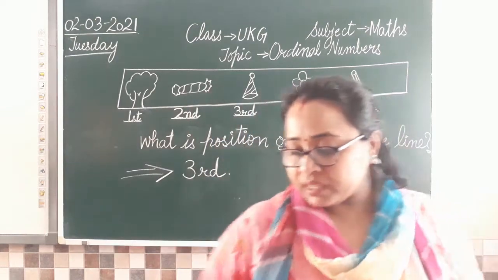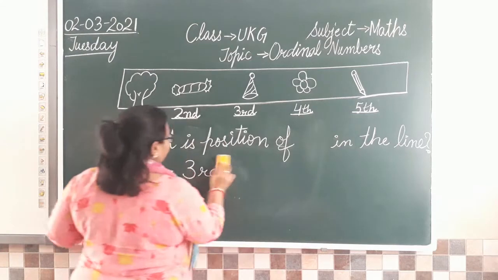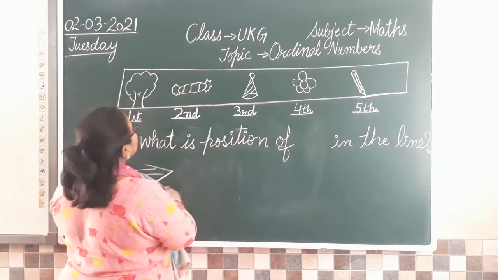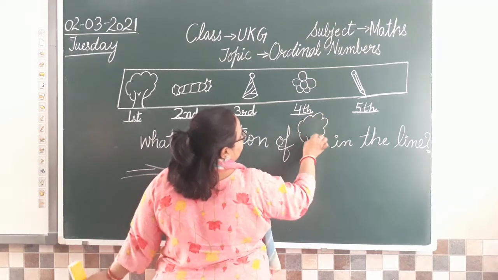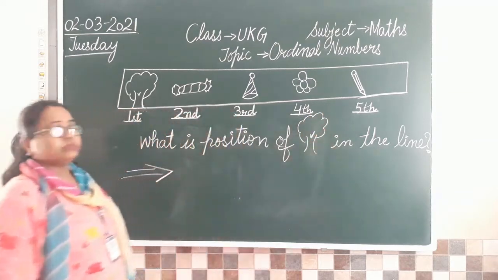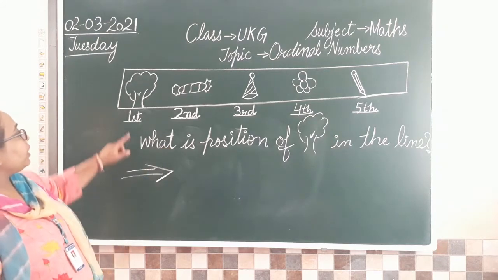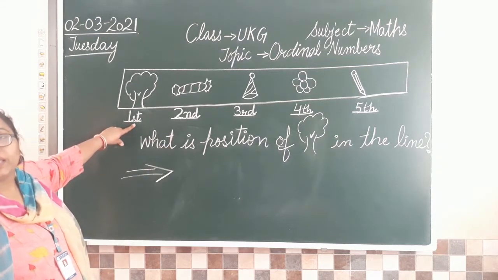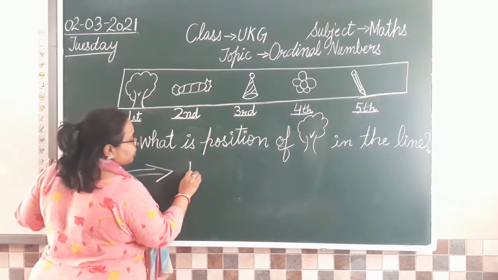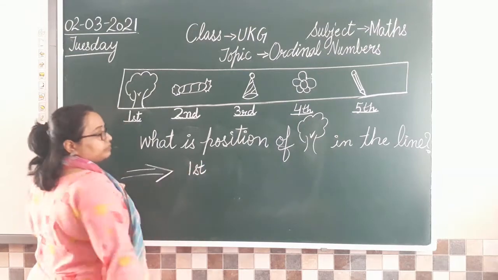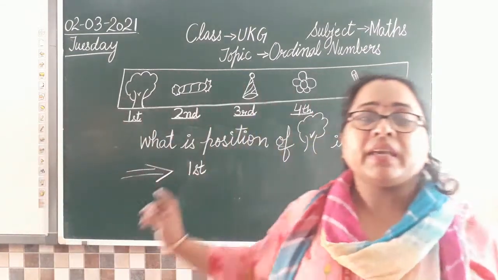ऐसे ही if I say if not a cap, मैम यहाँ से cap को हटा देती है and मैम ask you the position of the tree. So what will be your answer? If I ask you for the tree, it will be first in the line, isn't it? तो आप क्या लिखेंगे? You will write first in the line. Understood? One way of doing it like this.